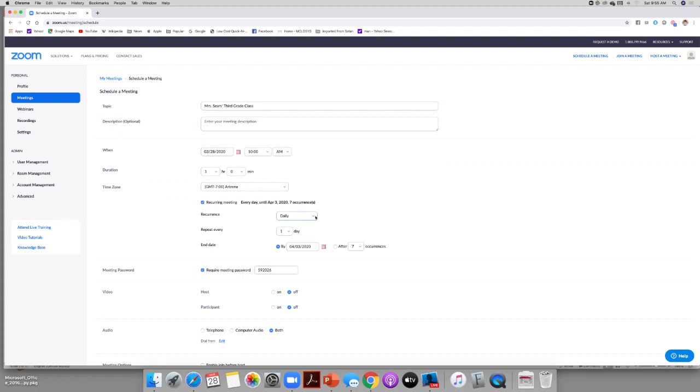So then you can decide if you're going to be having your meeting daily, weekly, monthly. Probably, I like the idea of daily, and you do it once a day. Choose your start date and how many of them that you want to have. You can change this. Some of us don't know how long distance learning is going to last, so you can change this later if you need to. So that's not too big a deal, but I do suggest choosing recurring,